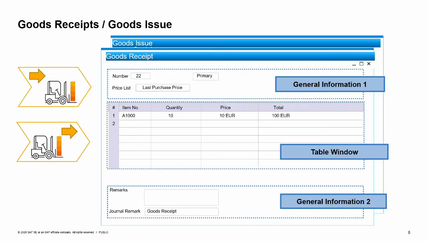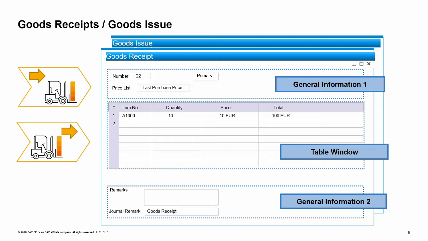The goods receipt and goods issue windows are very similar. Both documents require you to enter the warehouse affected. If you do not specify a warehouse, the system will use the default warehouse from the item master record. Unlike marketing documents used in the sales and purchasing processes, you cannot enter a business partner. One difference between the two documents: